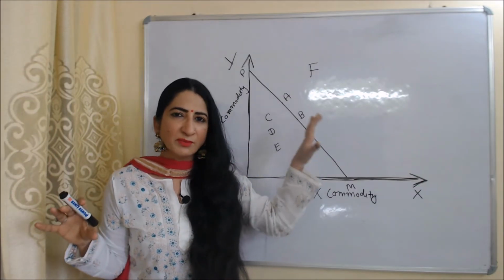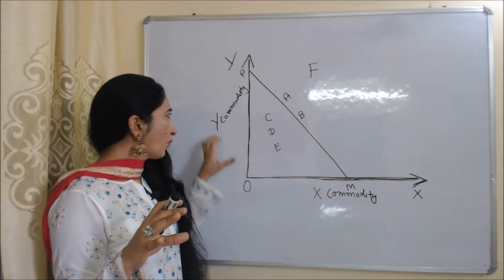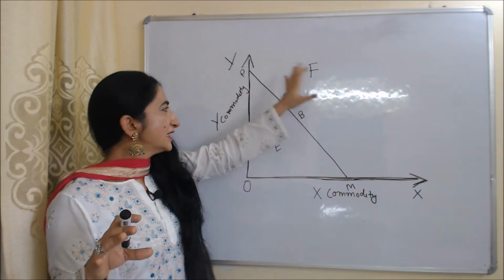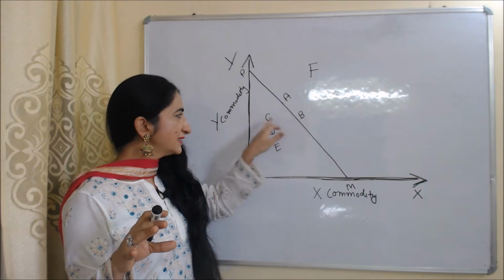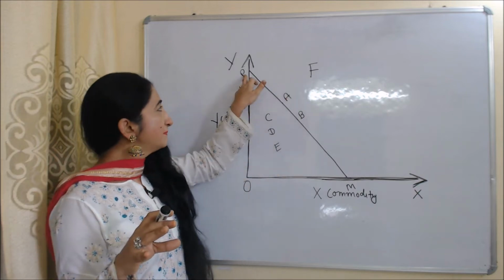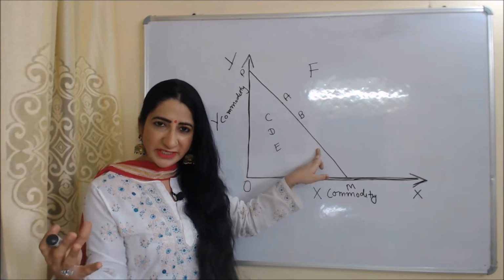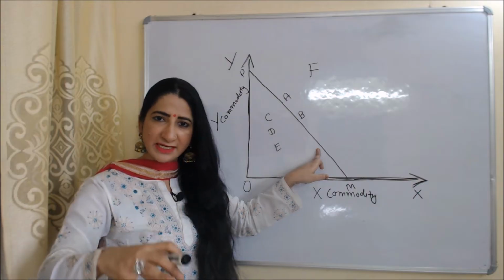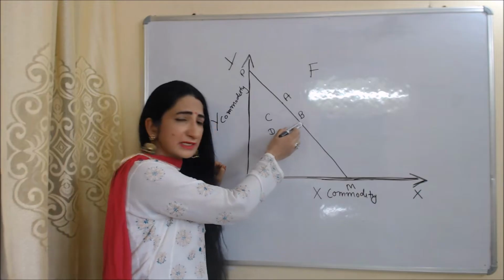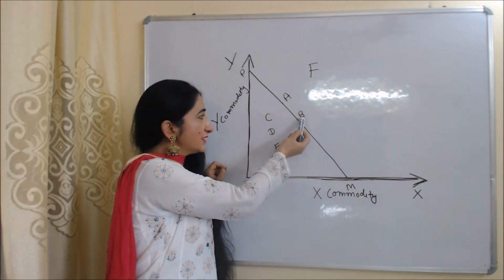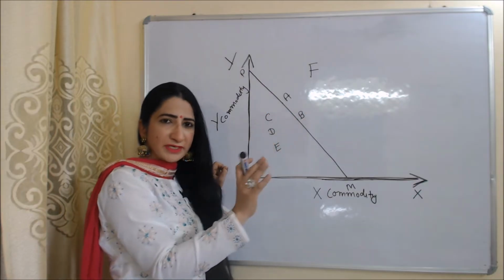Now we will see the diagram of this theory. In this diagram, on the x-axis we have x commodity and on the y-axis we have y commodity. Here you can see so many combinations of x and y commodity like A, B, C, D, E and F. PM is the budget line of the consumer, and the cost of all combinations which lie on his budget line is the same. For example, A and B combinations lie on his budget line. That's why the cost of A and B combinations is the same.